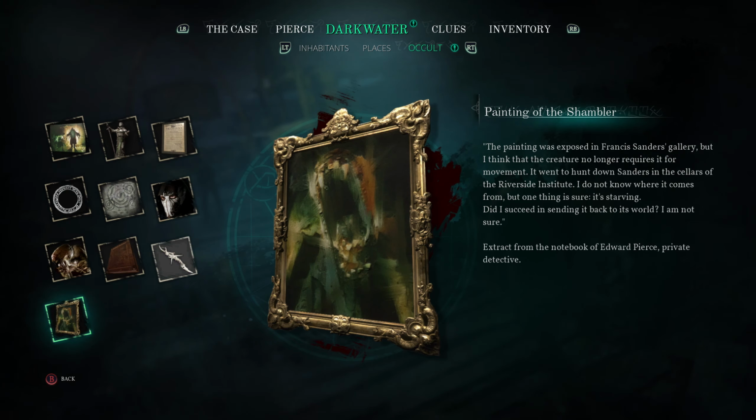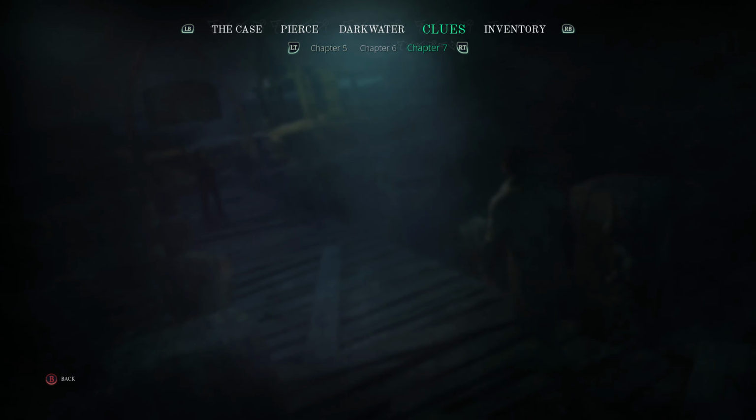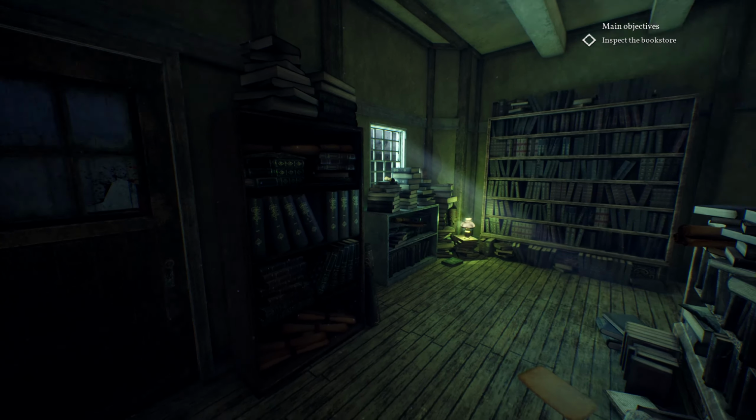Yeah, that is a good question. How did it... In this one, it appeared from the painting. So I'm wondering if maybe the reason that it came back was because we were on the conversation of the Shambler, and being that Francis had a run-in with it before, me having him recall that memory is what brought it forth in that moment. I'm thinking that was essentially what happened there. Okay, I think that's everything here, so we can continue